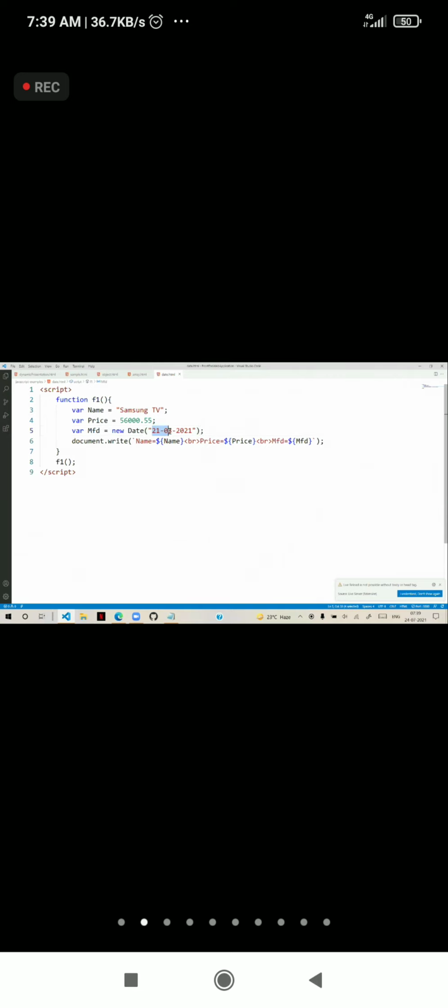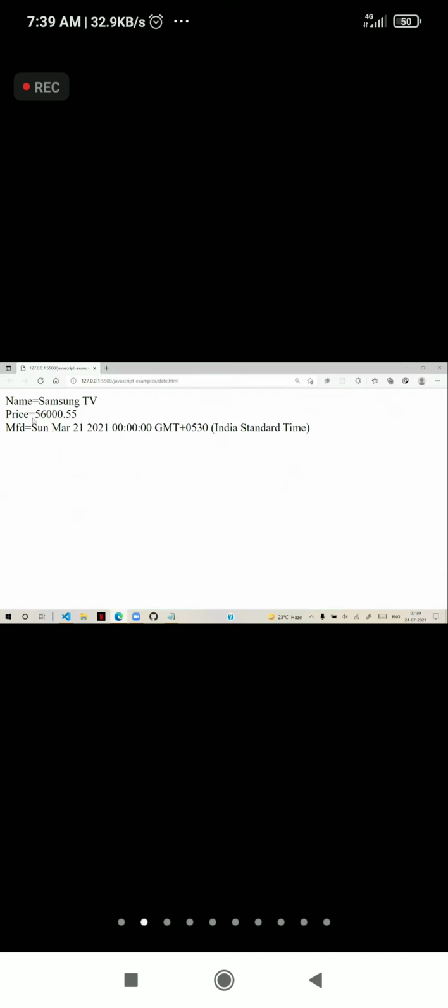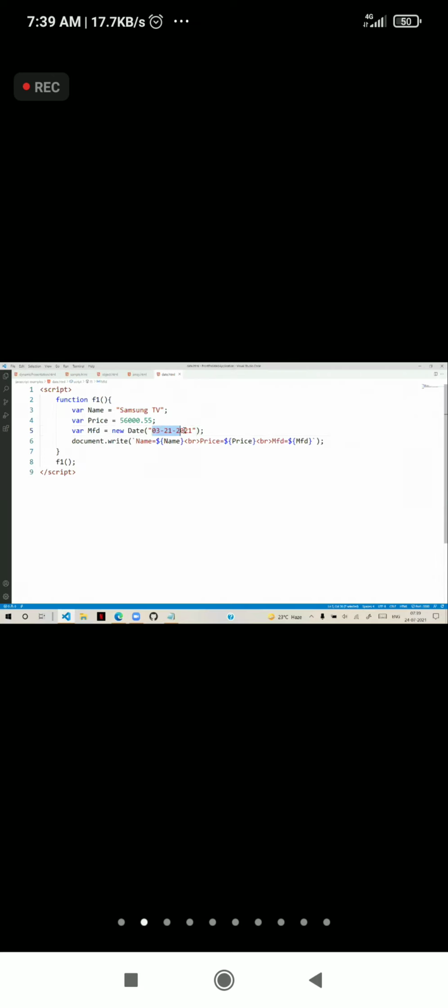And suppose I write like 03 month, 21 day, year, and you can refresh here, you can see it is showing it. So some formats it will support, some formats it will not support. That is the reason we should not take any risk. Year, month, day is supported everywhere. That is the reason better always give year, month, day format only, no other formats. It will take that format and display.